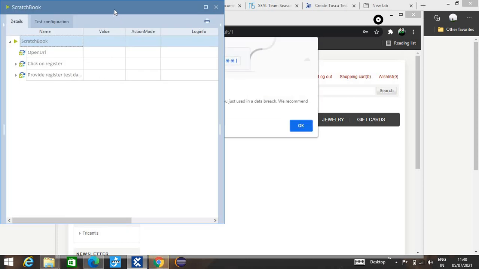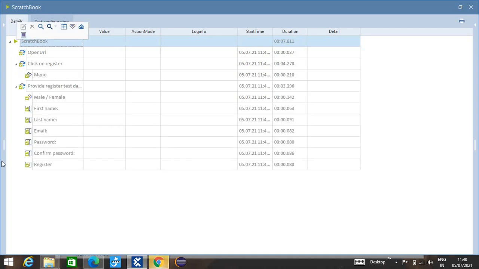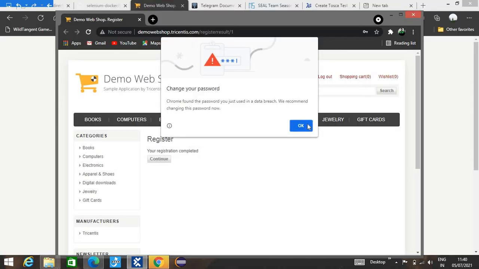So these are the test steps we have performed. You can also expand this and see what happened under this test case. By looking at this, you can debug which things you performed, what went well, what went wrong, and by taking that as feedback, you can change your test case also. So this is the simple way how you can run your test case,